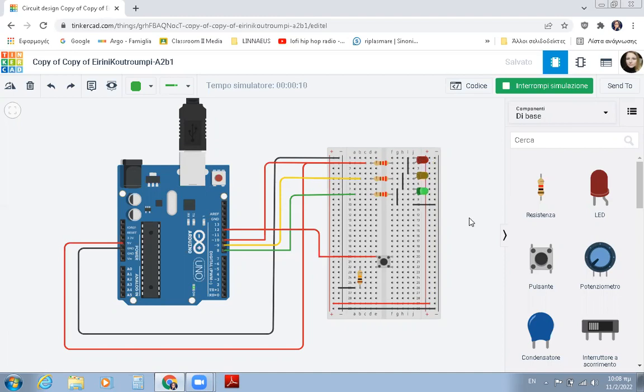It imitates the traffic light. This is the input. 15 seconds. This is the circuit. And let's explain